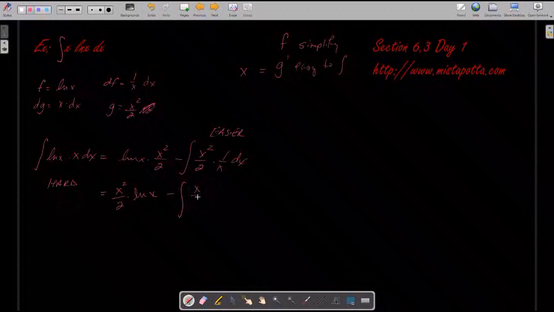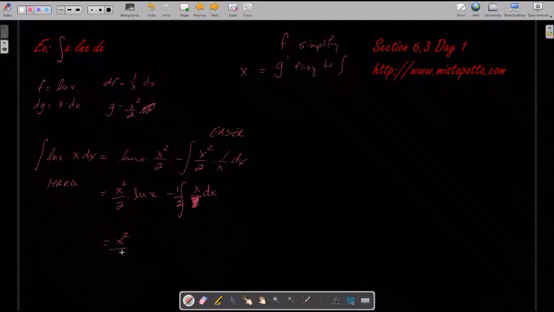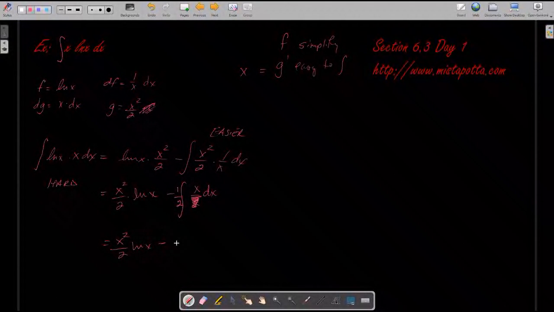And in reality, I could write this with a 1/2 in front and only look at the x and take the antiderivative of this. So we end up with x squared over 2 times the natural log of x minus 1/2 times the antiderivative of x, which would be x squared over 2